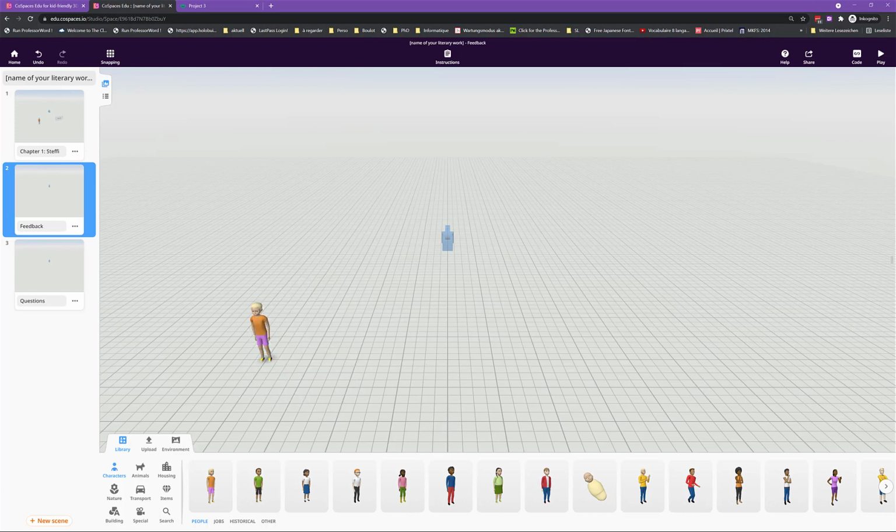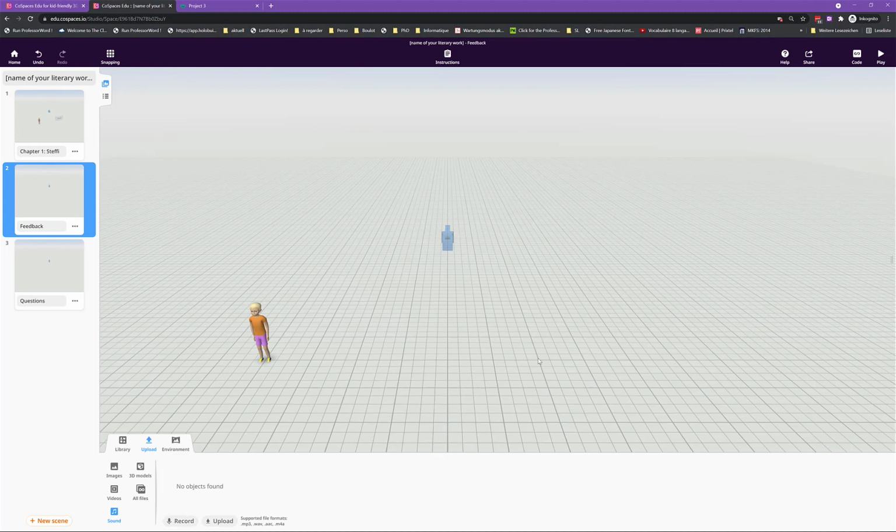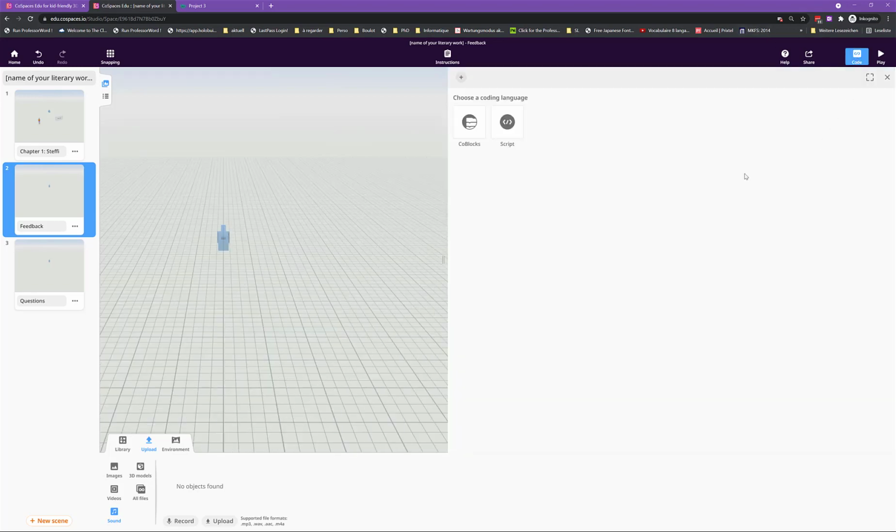And then you will record your prepared feedback as an audio file here using the record button, and you name the file using your name and feedback, and then you program the character so they play the audio file when clicked. So you go here,